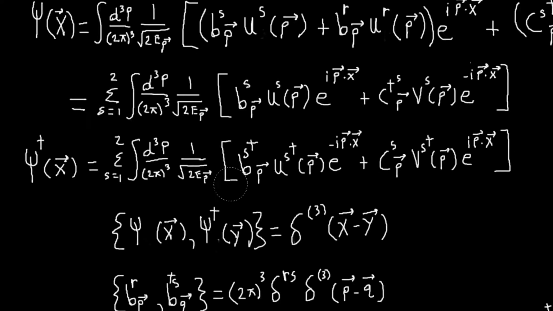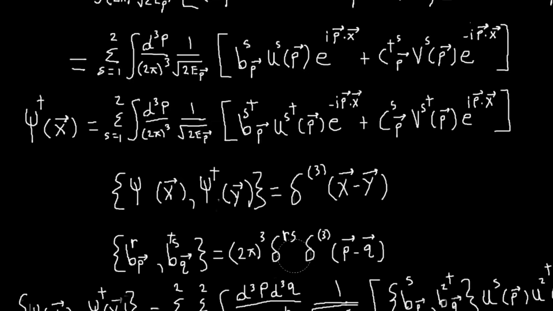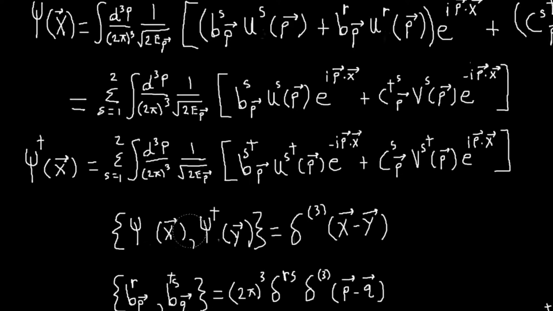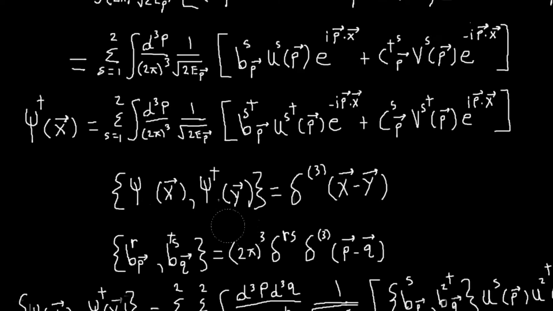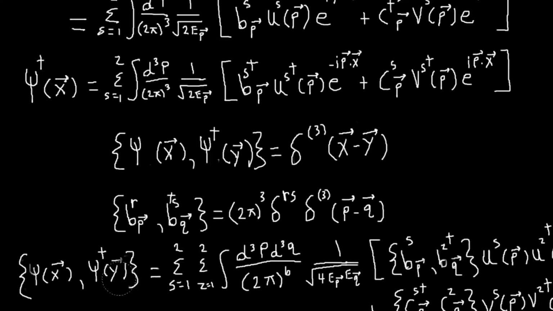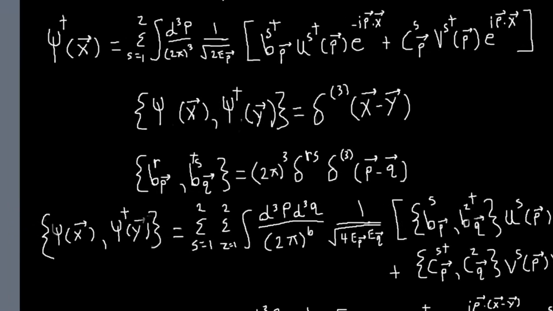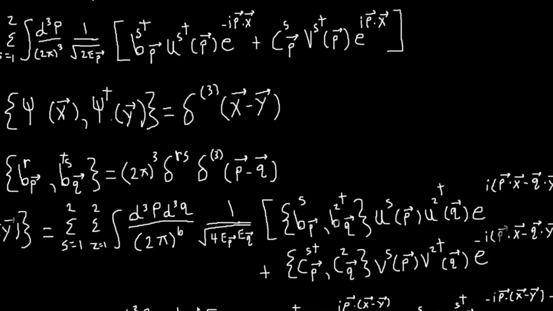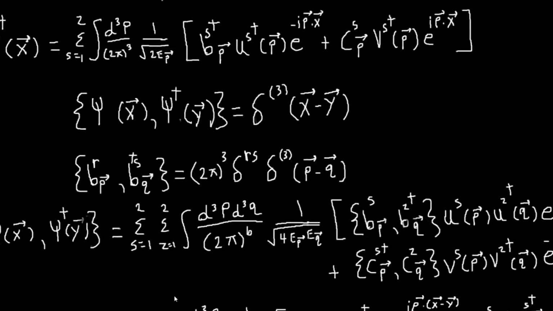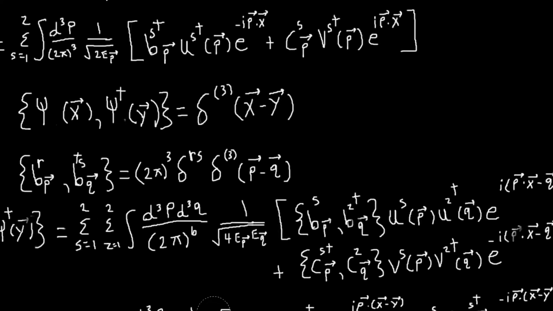And the way we're going to do that is the same thing we did last time. We assume that our creation and annihilation operators obey these anti-commutation relations. So this is for the B's, but obviously the C's will satisfy a similar kind of relation. And so now we can compute this anticommutator here. So I end up with this double sum, this integral over p and q,